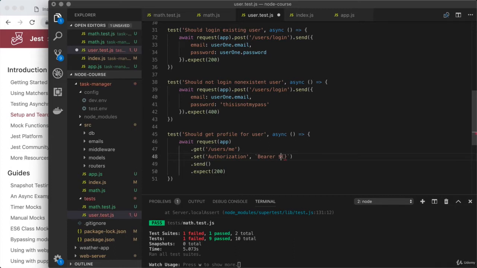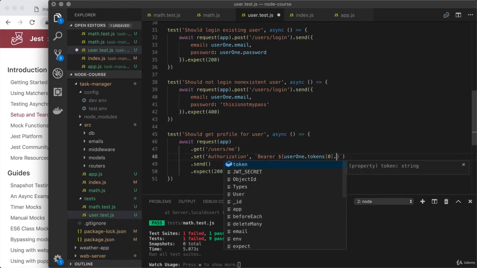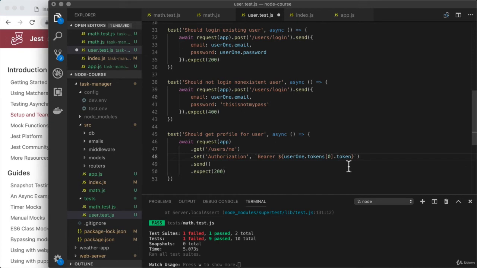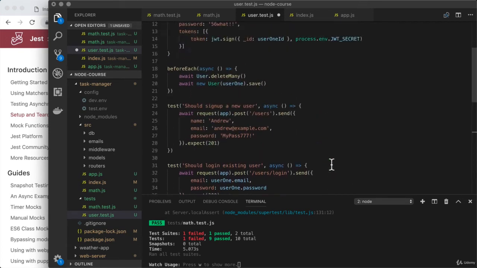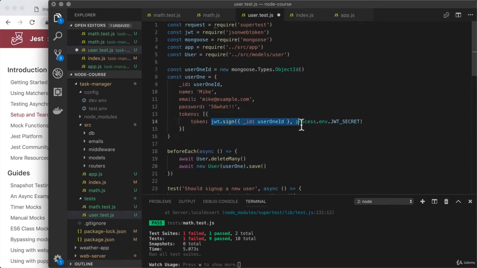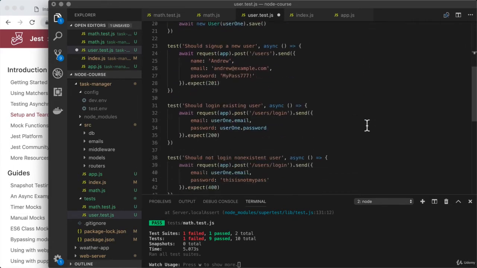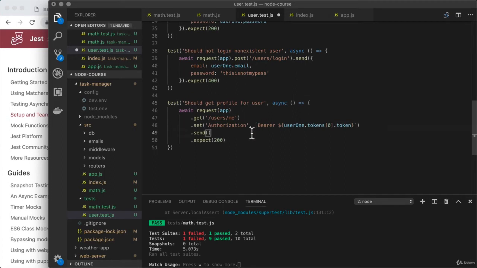Inside of the template string, I'll use the syntax for injecting a value, and the value is stored on user1. It is user1.tokens. That's an array. We'll grab the first one and we'll access the token property. So this right here is exactly what we had set up above. It is the value that comes back from jwt.sign. Now, this is going to work if what? If the server confirms that this token is valid, it's not expired, and it's actually stored in the tokens array